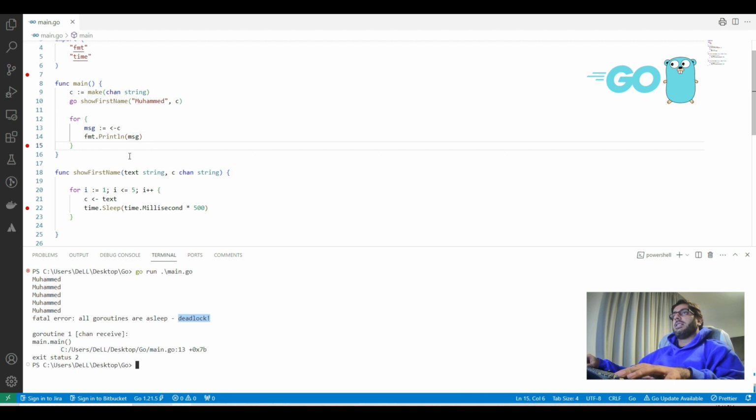Because this is an indefinite loop, an infinite loop. It keeps waiting for messages to come, but the messages like 1, 2, 3, 4, 5 came and there was no more message, so it just threw a fatal error of deadlock. So the reason behind it is that we are opening the channel, but we also need to close the channel once we